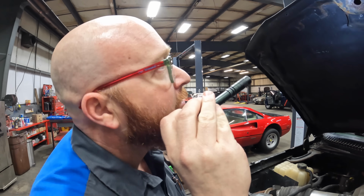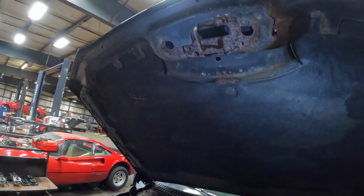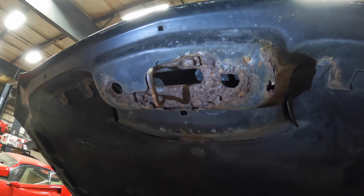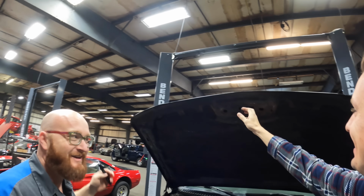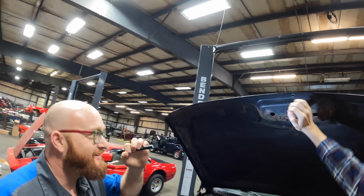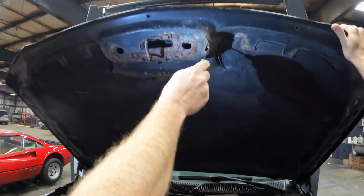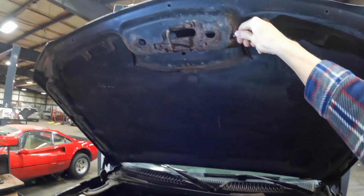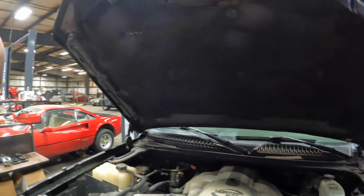What? What in the hell? Oh. Well, isn't that familiar? That's been the theme lately, hasn't it? Yeah, that's a little... Oh my goodness. I mean, you know, okay, stop it. I think the hood was replaced. I hope the hood was replaced. Or maybe that's just one bad spot, because...